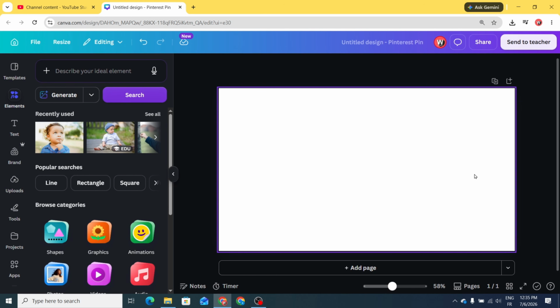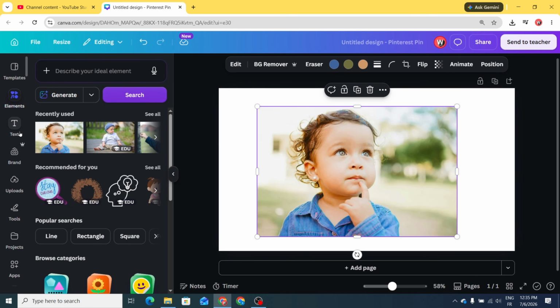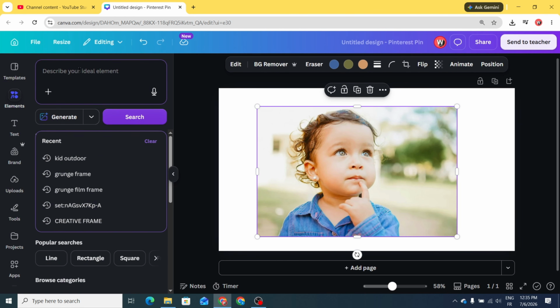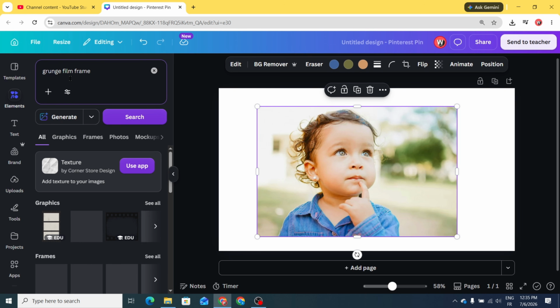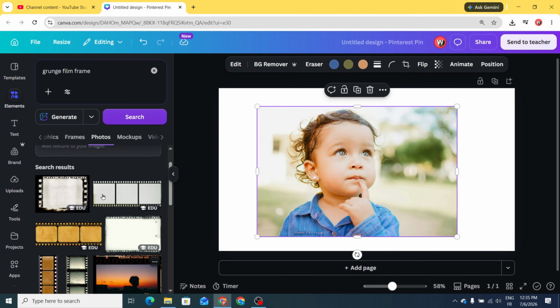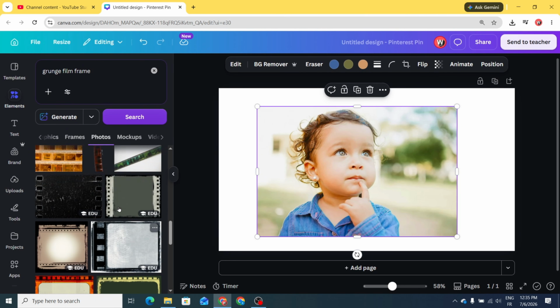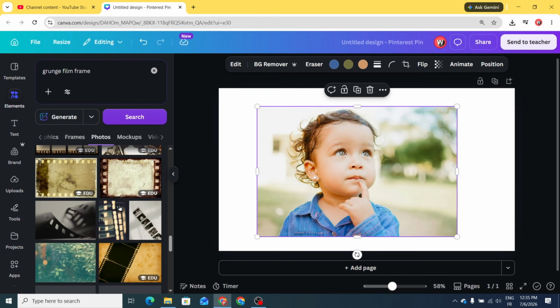After opening a new Canva project, let's choose our image and go to Elements and type "grunge film frame photos", and scroll down. Choose any frame with black color. Let's choose this one